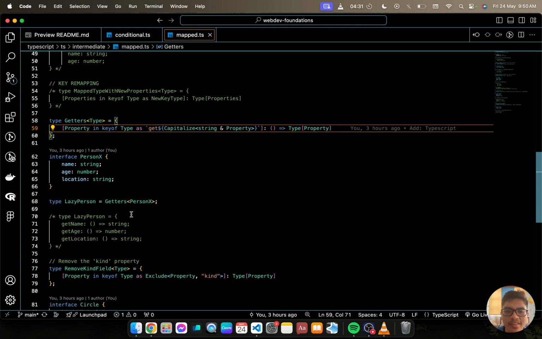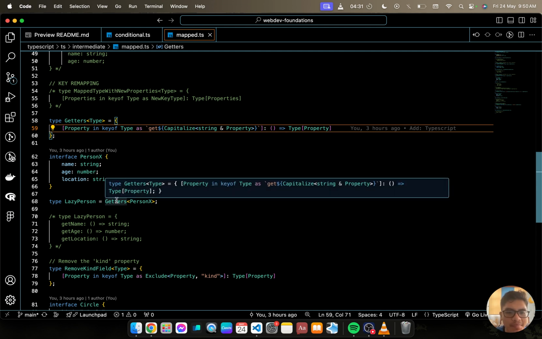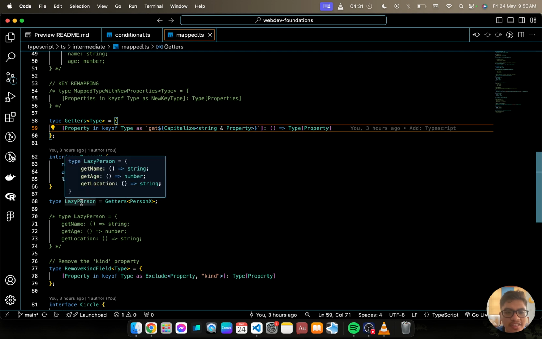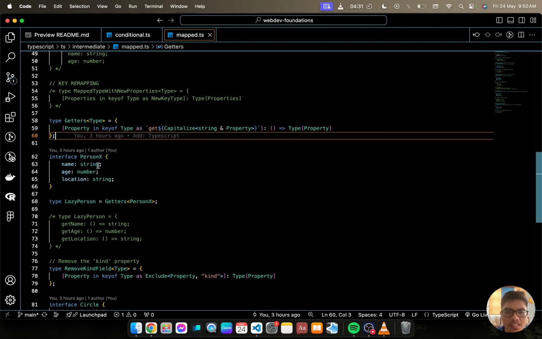When we use the getters map type, lazy person now has get name, get age, get location. And as you can see here, the return type is type property. So get name is string, so return type is string, and same goes for age and location, number and string.